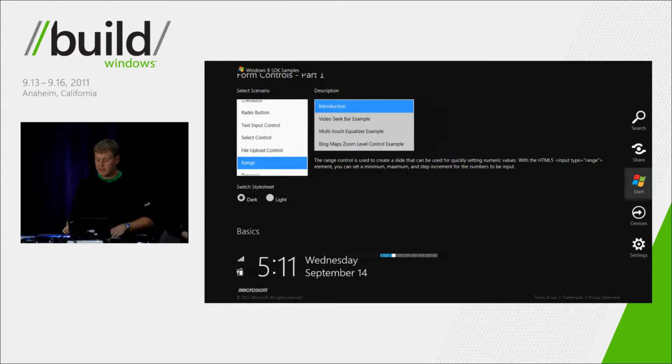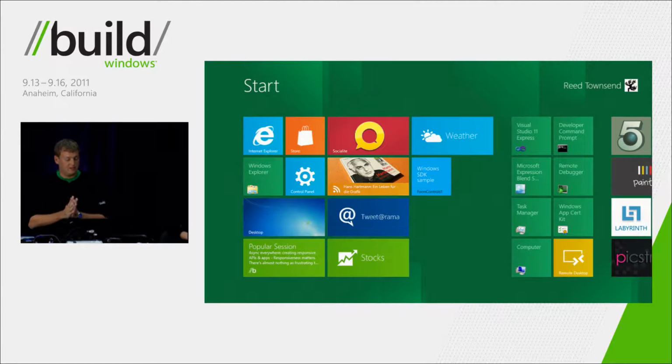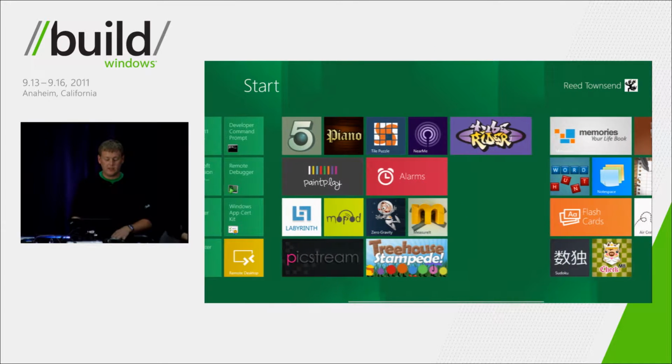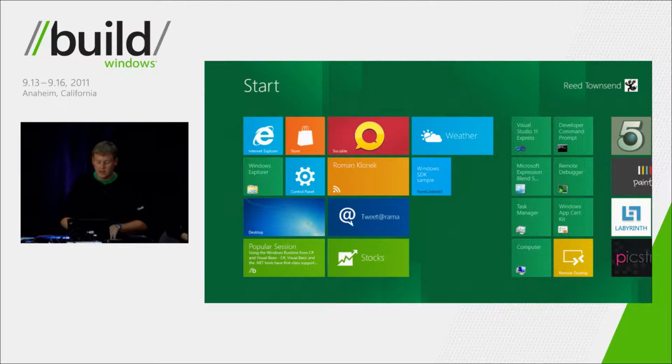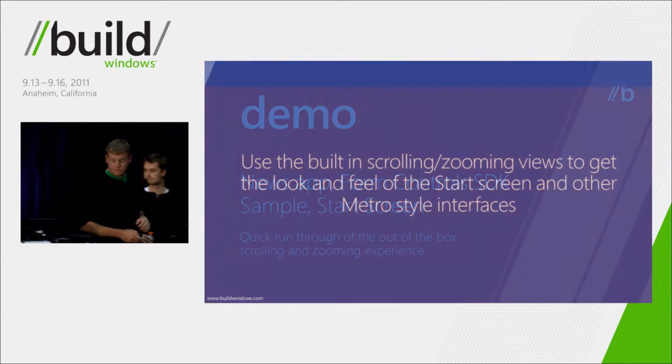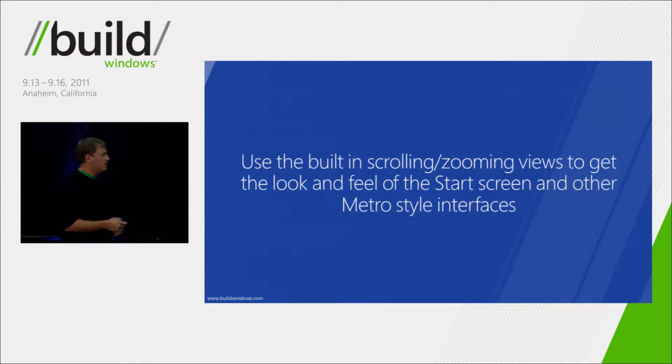And then finally, I want to show you one other thing, which is the start screen. Now, this is not an app built with HTML. But what you'll see here is you get that same follow-the-finger, the inertia effect, and the bounce effect. And I really want to drive that point home. This is the same experience. So use the built-in scrolling and zooming views to get the look and feel of the start screen and other